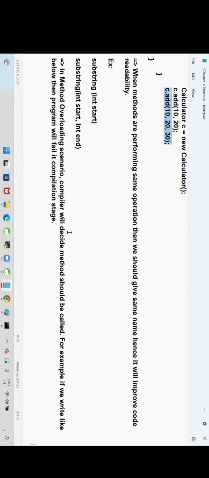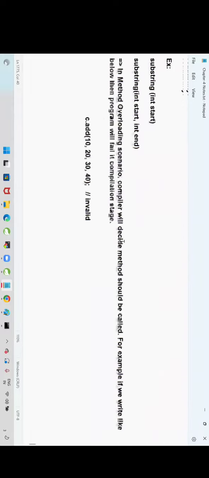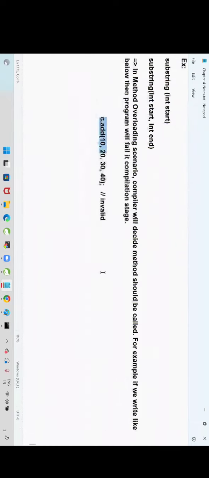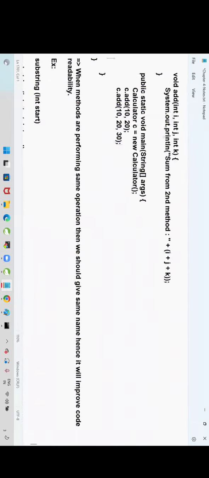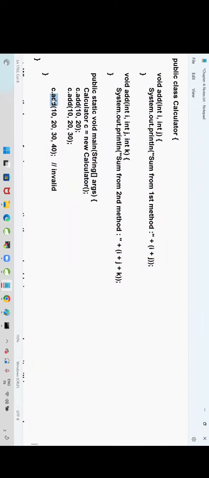When will it fail? Yeah, this line will fail. Why is it failing? Compile C. What do you understand now? What is c? C is a reference variable, holding which class object? Calculator class object. In the Calculator, do we have an add method? Yes, but